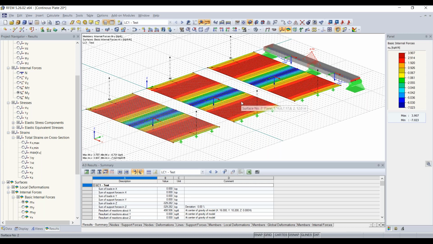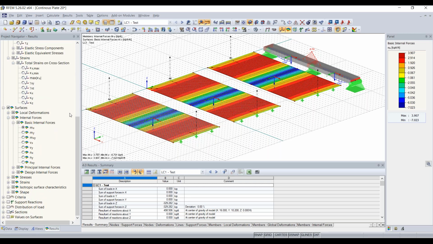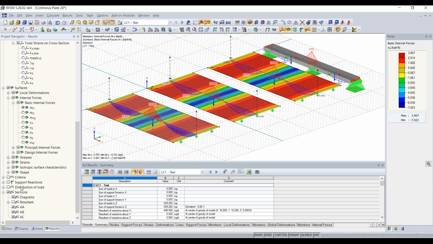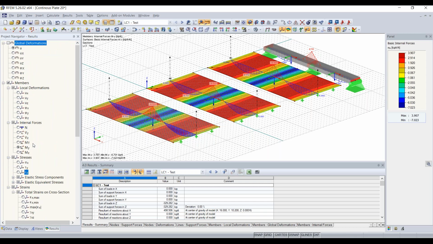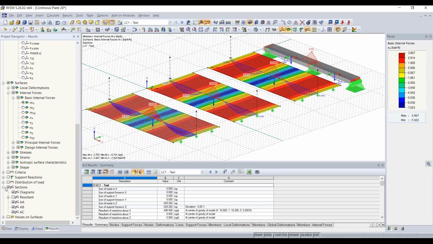And so in order to see the results better, I can also activate those on our plates. I can activate my section cuts. So if I scroll down here in the results tab, still in the results tab, everything's just expanded. But you can see we have sections now, and I can activate those. And now you can see the results for our moments better, just with moment diagrams, basically, through that section cut